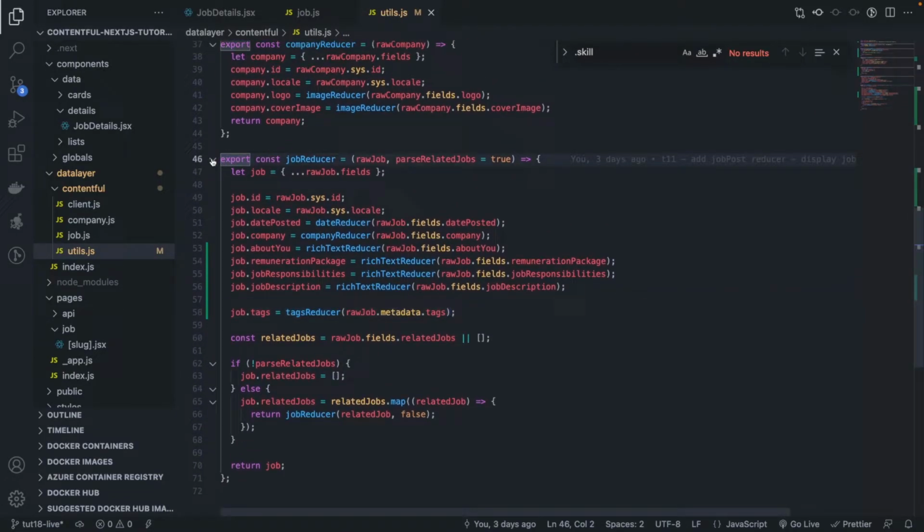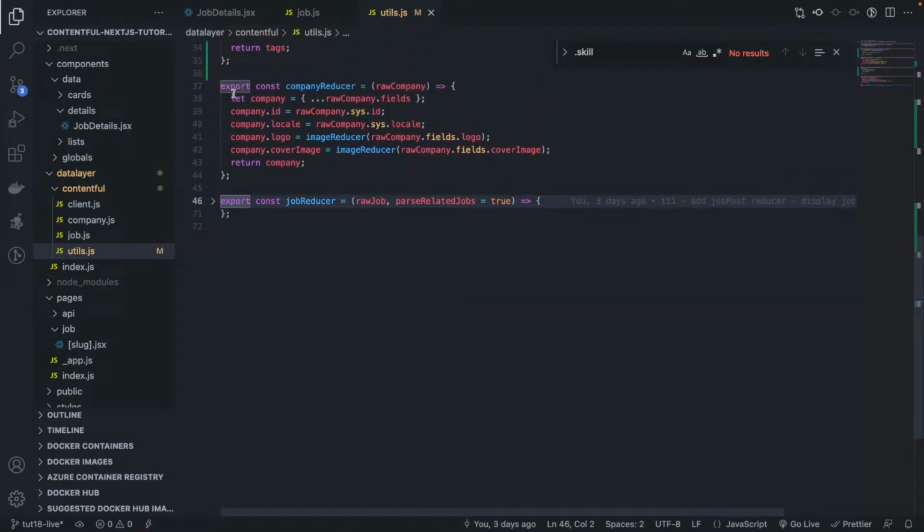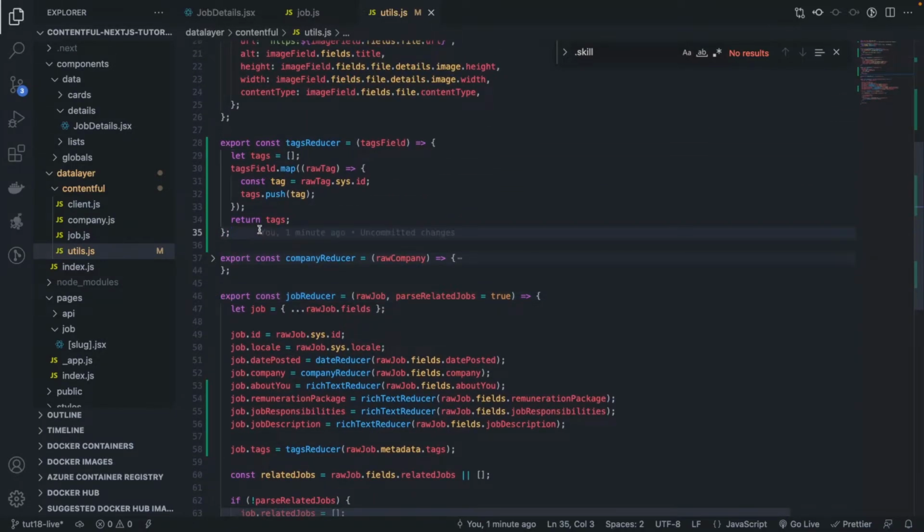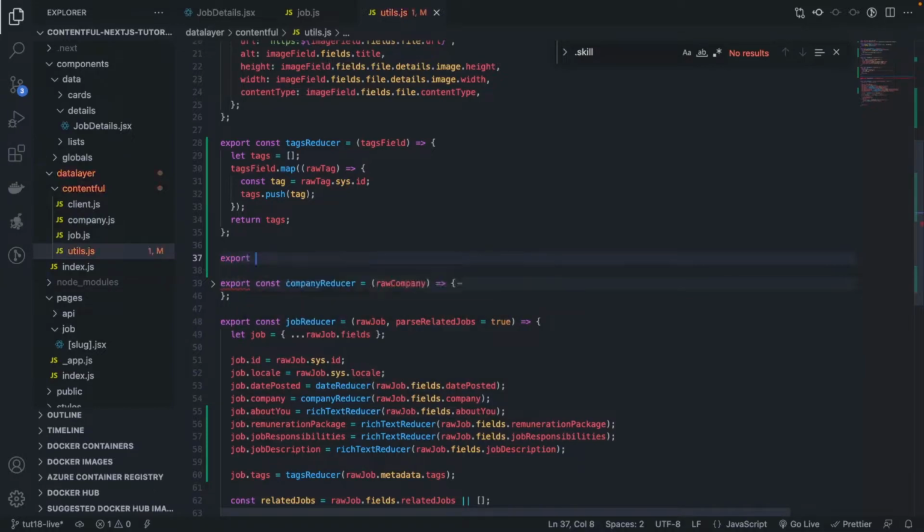I'm going to collapse this a little bit to make sure that we see exactly what we're doing. Okay, so let's add a skills reducer. Export const skillsReducer equals